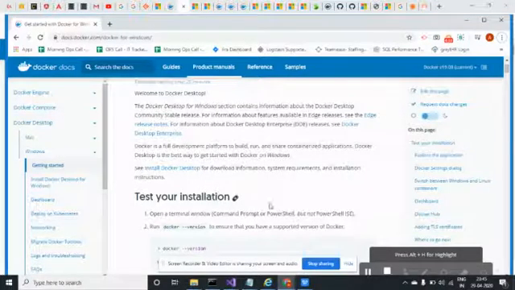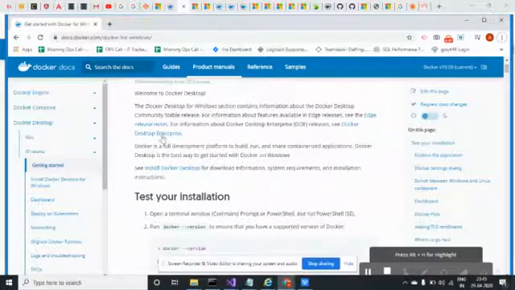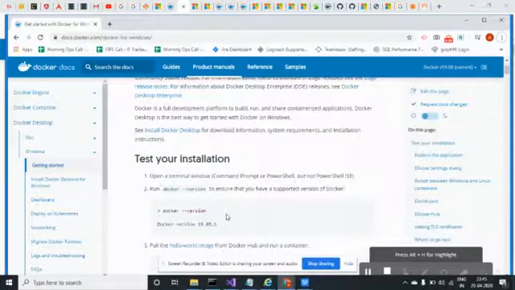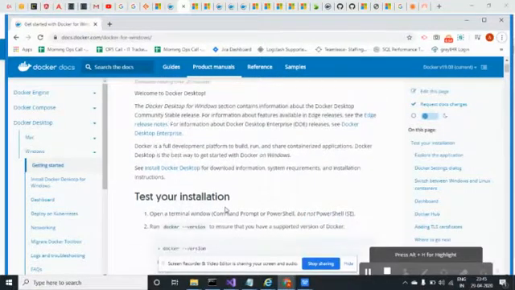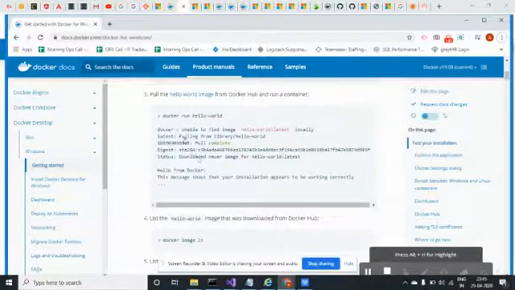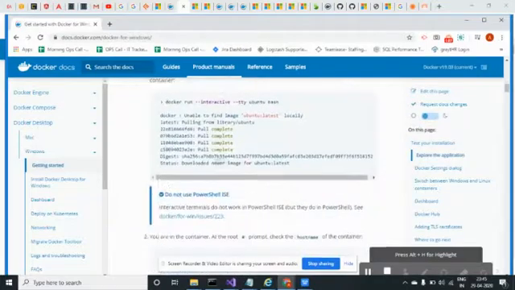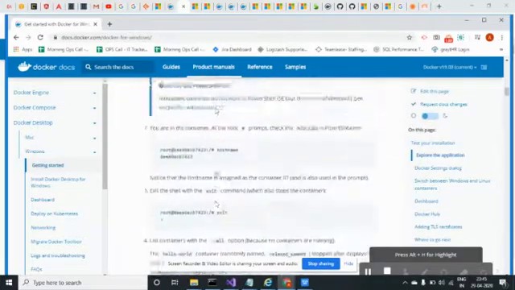I mean the Docker setup on a Linux machine, not a Windows machine, because to install that one I need a separate Hyper-V version of the OS. But this document is very good, so anybody can go through it and install it. I just want to skip this installation part because we'll see it in upcoming videos. Once you install, you check it like this. Let me show you.